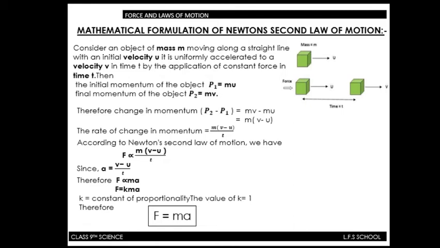That is, force is equal to mass times acceleration of a body. This shows that force is directly proportional to the mass of the body as well as directly proportional to the acceleration of the body. Clear? Now, the SI unit of force. So, F equals m into a. The unit of mass is kg and the unit of acceleration is meter per second square. So, F equals kg meter per second square, which is nothing but the Newton.